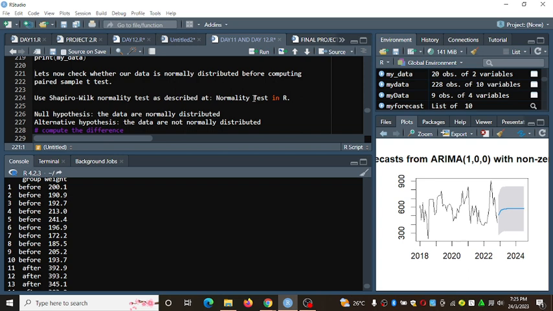Remember, in every test you must have the null and alternative hypothesis. The null hypothesis is the data are normally distributed. Under the alternative hypothesis, the data are not normally distributed.